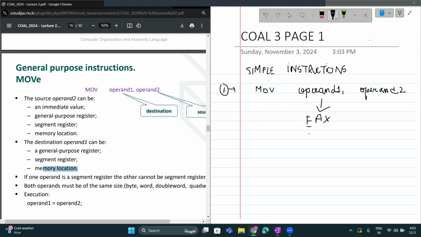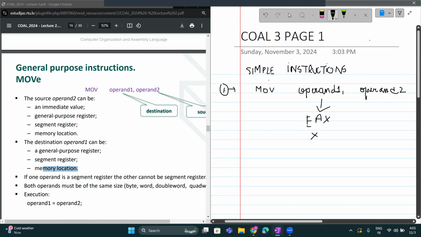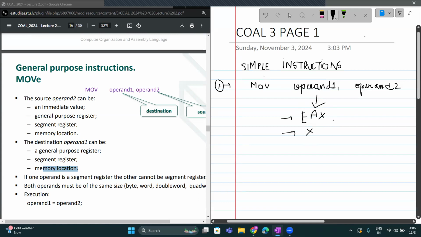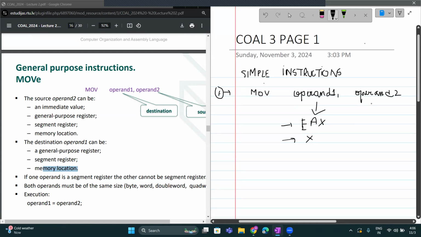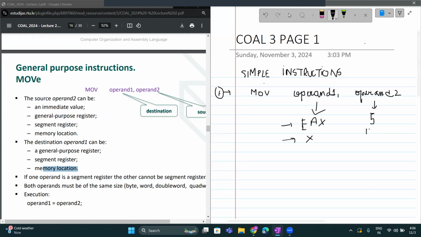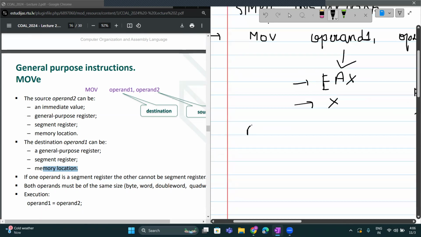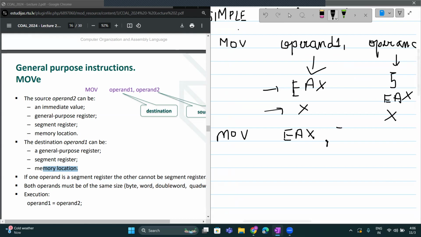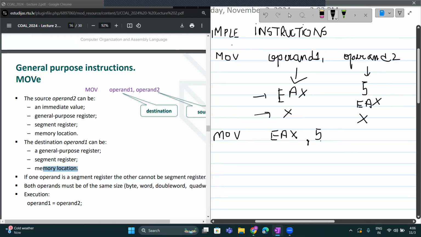For example, if there is a variable X, the operand can be either a register or a memory location. So move can only work if operand 1 is a register like EAX or a memory location, and operand 2 can be anything: a number, that is an immediate value, or a register, or a memory location. A basic example of the move instruction is mov EAX, 5. So we move the value 5